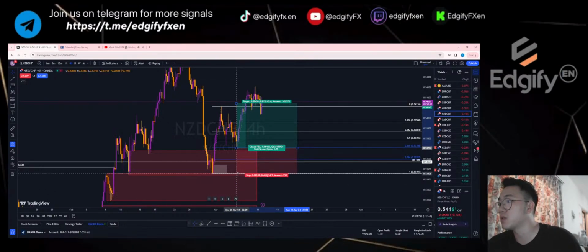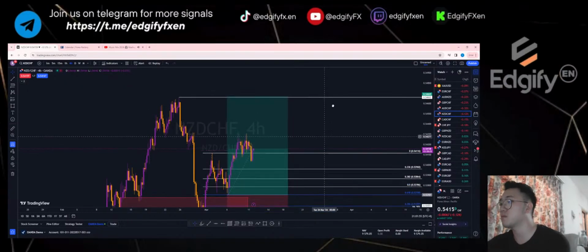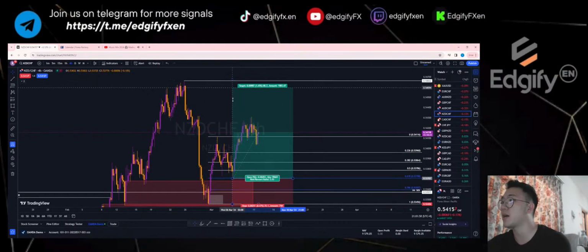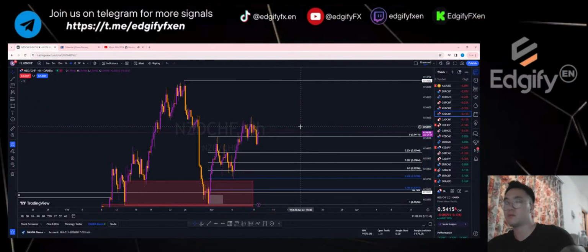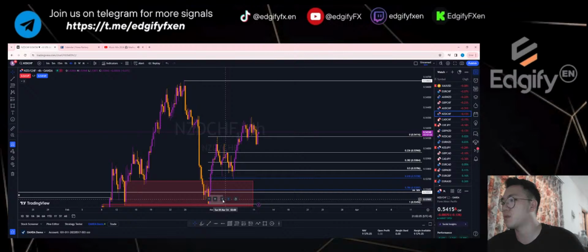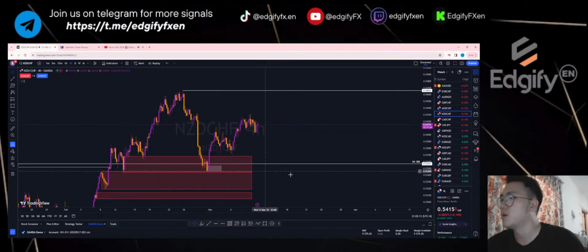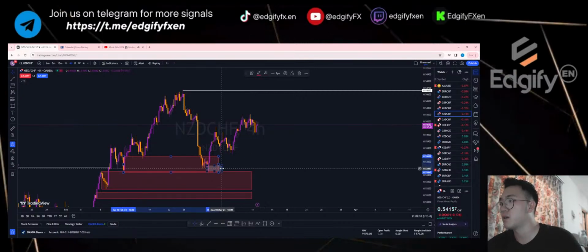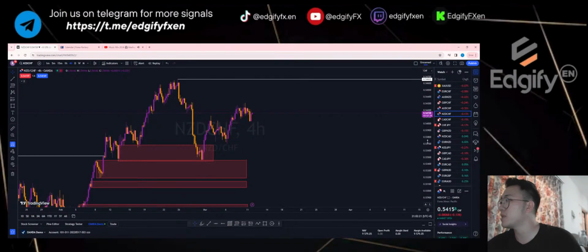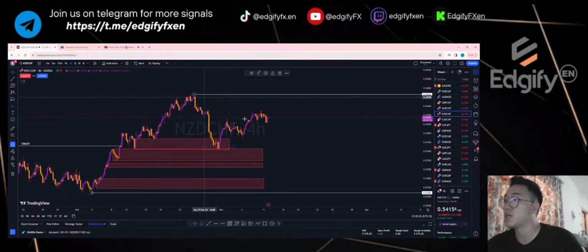Your stop is about here, and your TP is at this high here, right? You are already up by 1 to 2 already, right? But I did not take this trade because I did not have a confirmation last week, and I decided not to look at this CHF because of the spread as well. Hence why I ignored this pair. But nonetheless, for this CHF, we'll wait and see if a possible entry will occur.